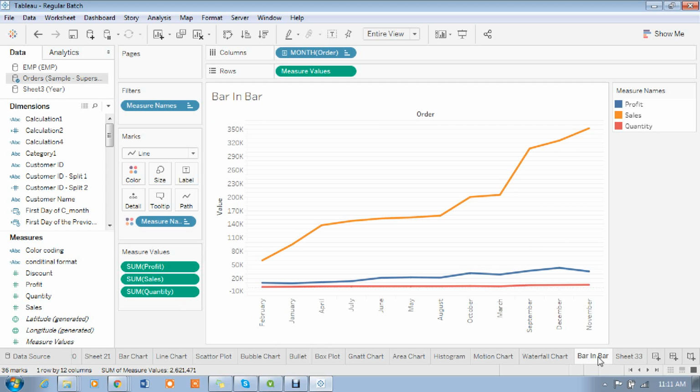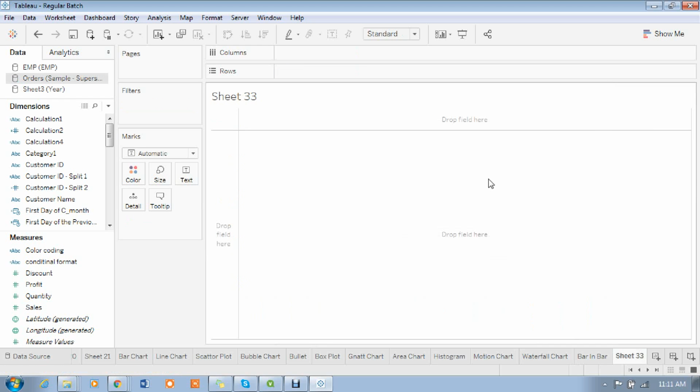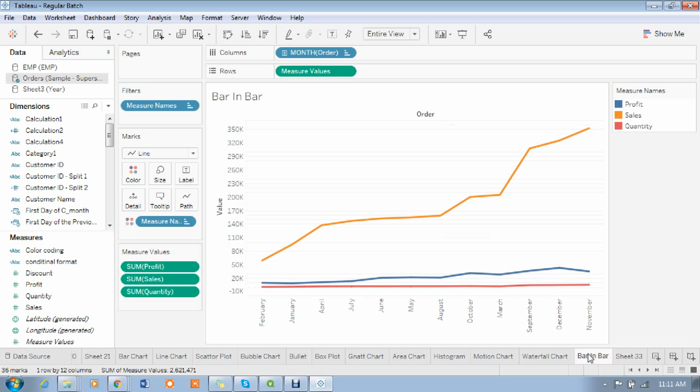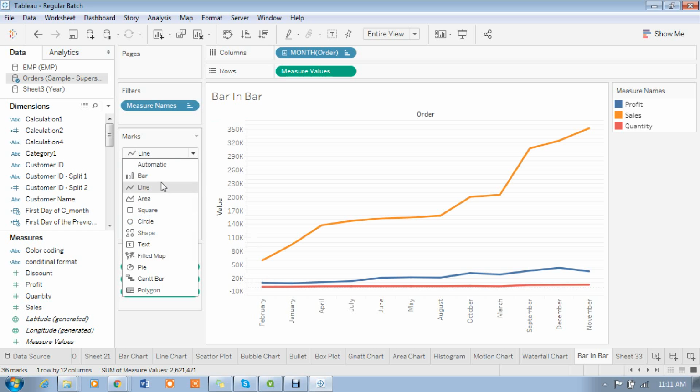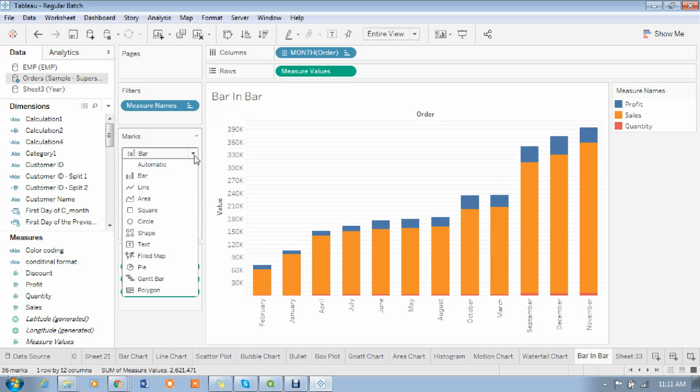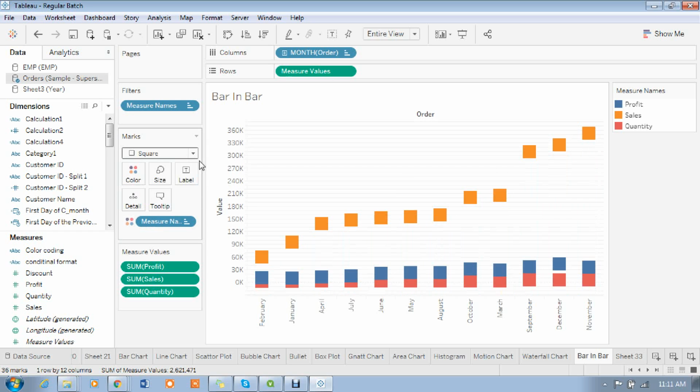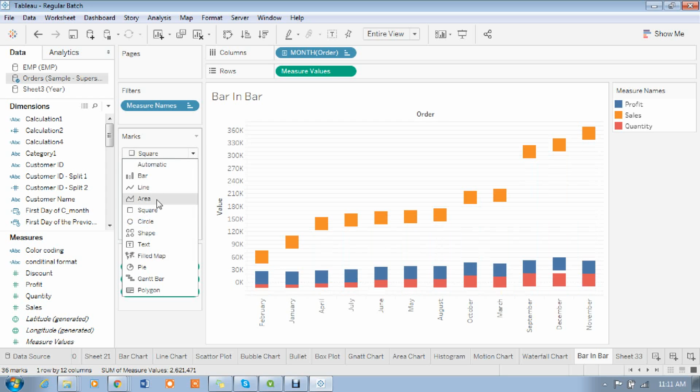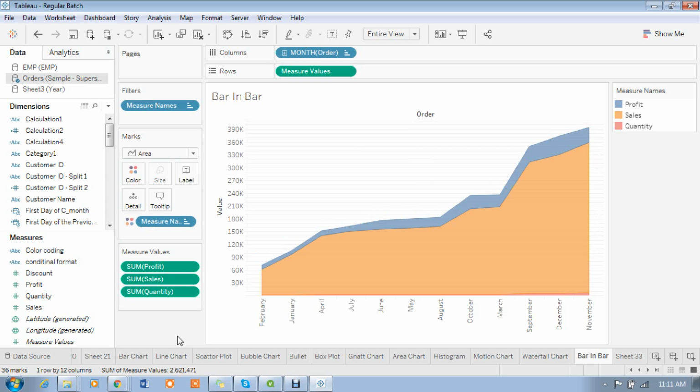Okay, bar and line we created, madam. Even for blended axis as well as the synchronized axis, can you have two different graphs? For blended, no, madam. Only one graph: only line, or only bar, or only area, any one thing only. So that is for the synchronized axis and blended axis.